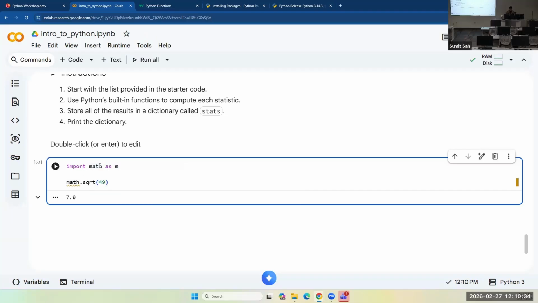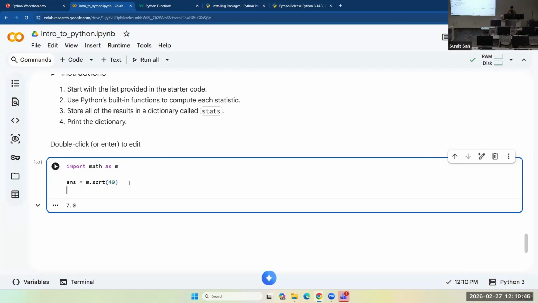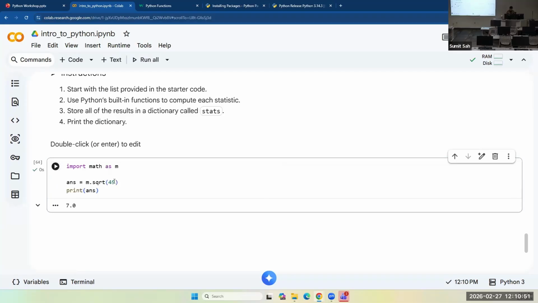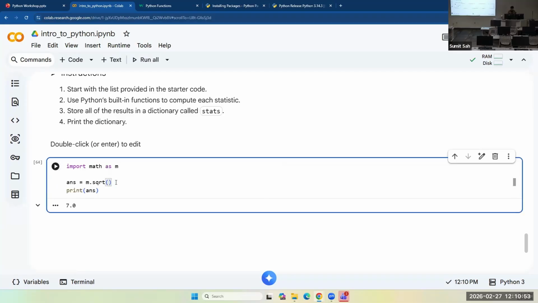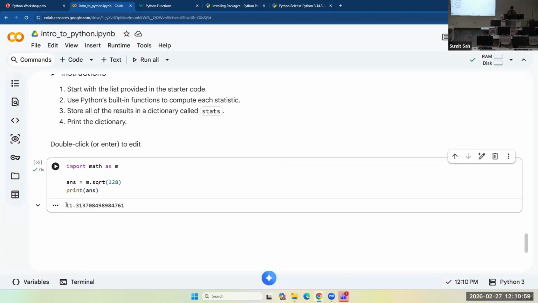Now you are importing the library under the name m, so you can just use m every time. You can store the square root of something in a variable like answer. Let's use a more complicated example, like the square root of 120.